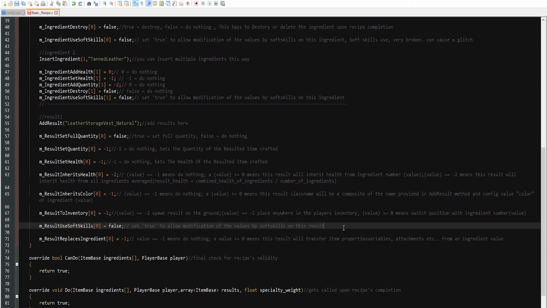So now moving on to our final results variable, which is line number 71. Number 71 goes m_result replaces ingredient equal to -1. And the value of -1 does nothing. However, if you wish for the results to transfer the item's properties and variables, attachments, and etc., then it will do so. So let's say I have